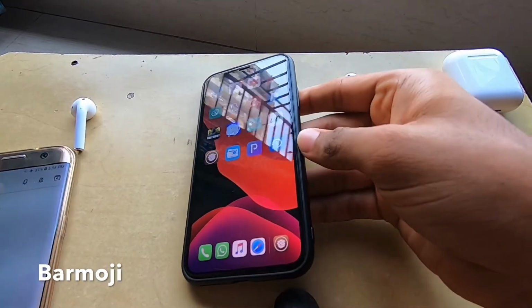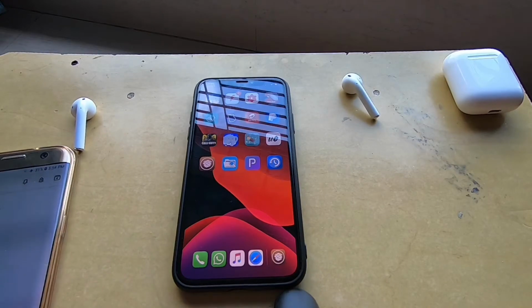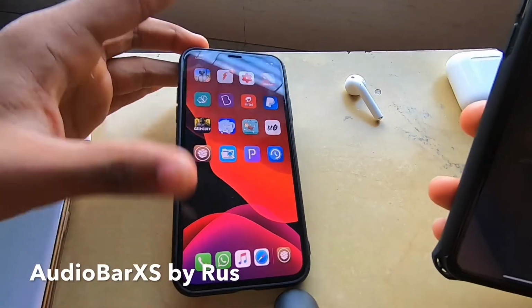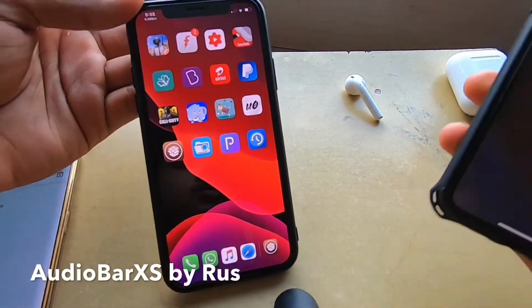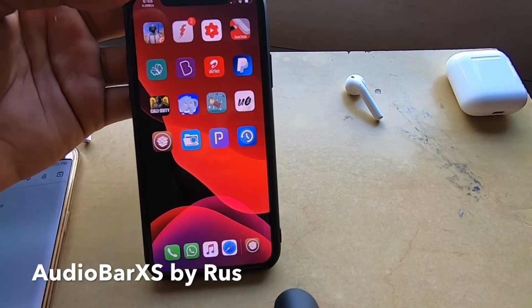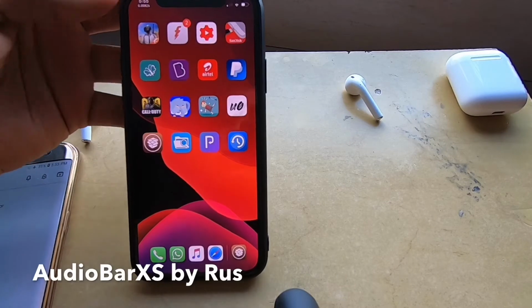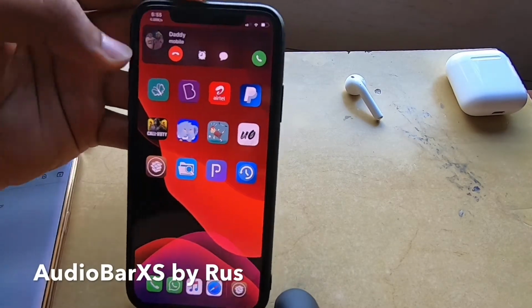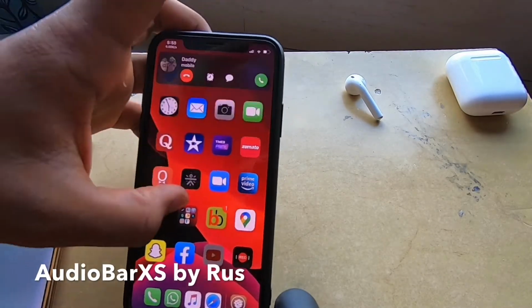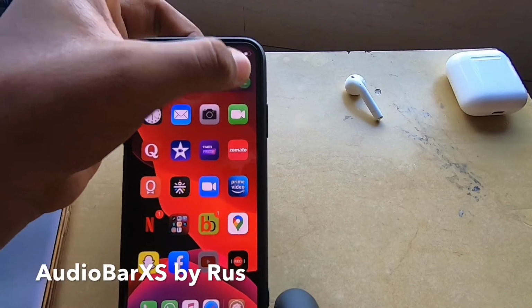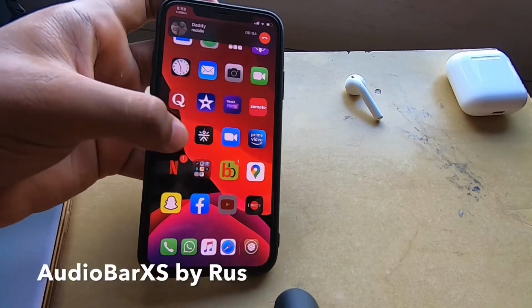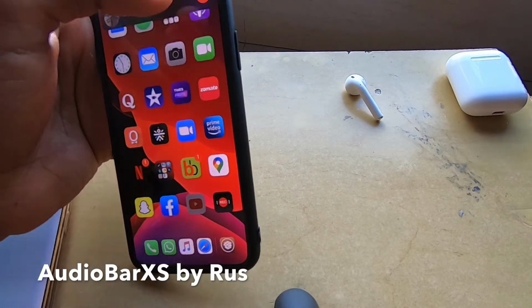So the next tweak is Call Bar Access. What this does is, let me call. So if I call my phone, there is a really annoying feature in iPhone where the phone call occupies the entire screen. But in this tweak, as you can see, it only covers the top portion of the screen. You can continue using your iPhone. You can also move it wherever you want. And if you pick up, it will get picked up. It's a really awesome tweak, so I recommend you download it. You can keep using your iPhone and do anything you want.